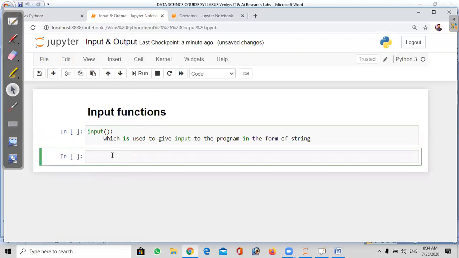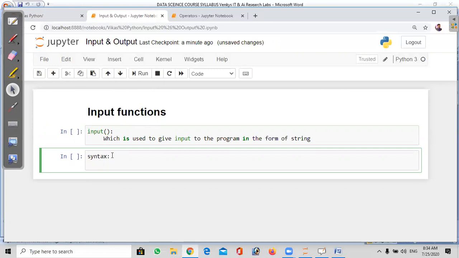It will take that input in string format only. Anything you give as input, it will take as a string. The syntax for this is x, a variable, equal to input of, and inside we write a string, like 'enter some string'. Anything we can write as the string.